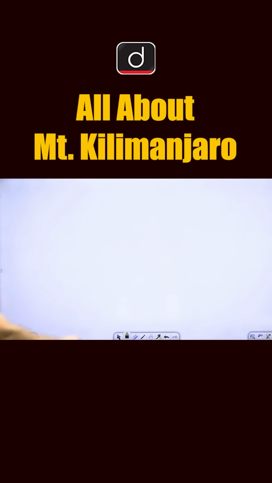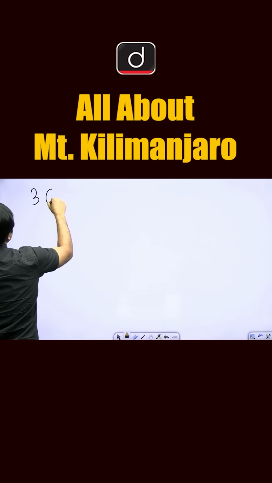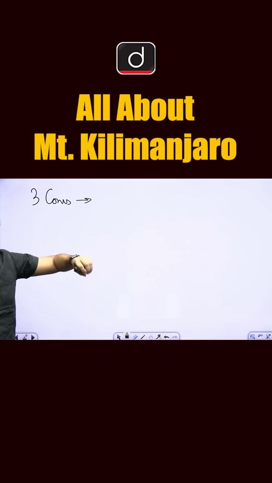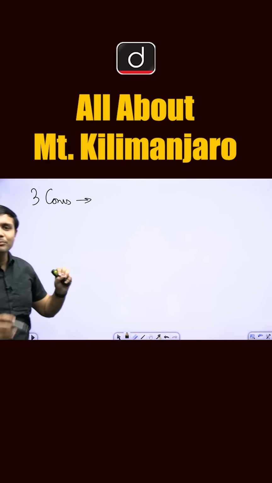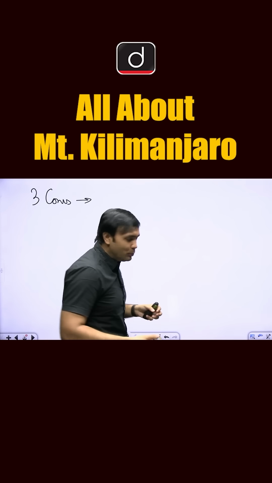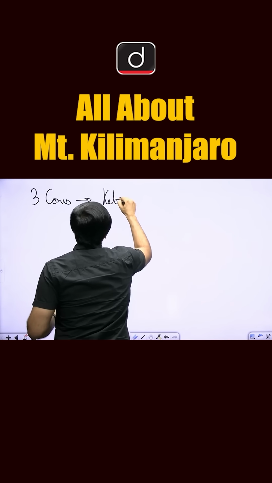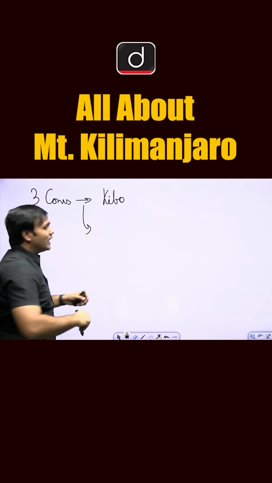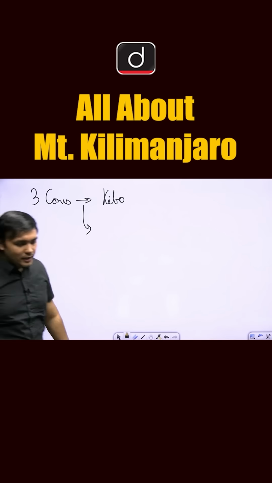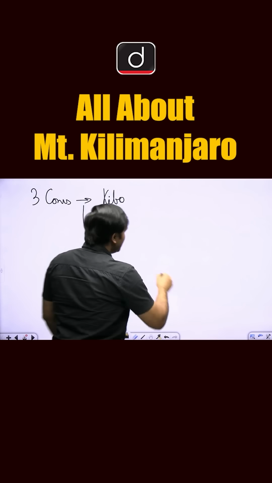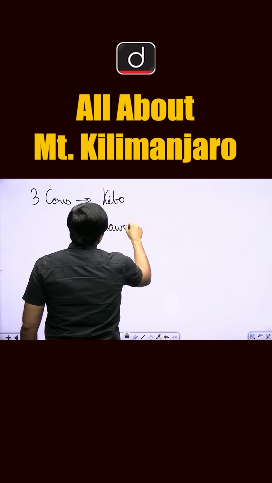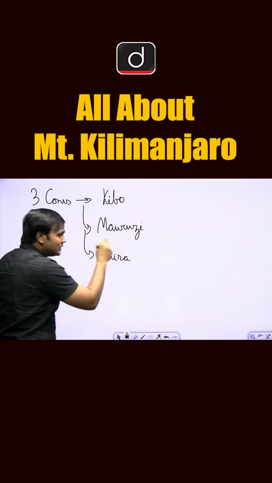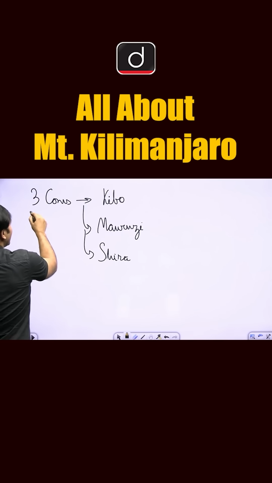And which are these cones? Now these, of course, will be having some local pronunciations also. We will try and give it the best possible attempt. So, this is Kibo in the center, right? Kibo in the center. Next is, this will be Mawenzi and Shira. Mawenzi and Shira. More than the names of these 3 cones, you need to know that there are 3 cones,